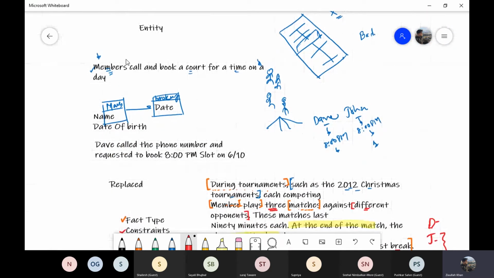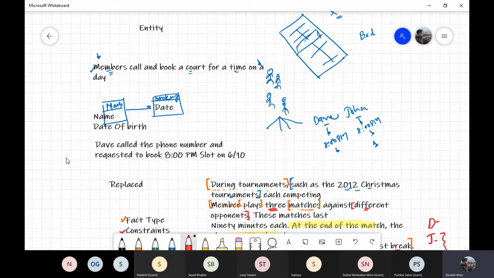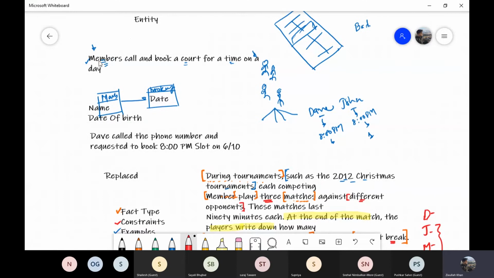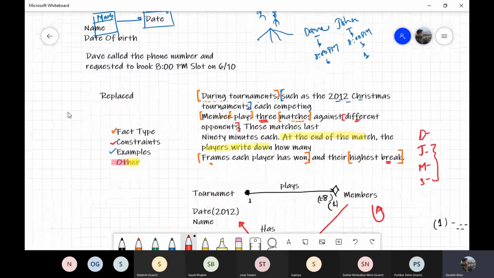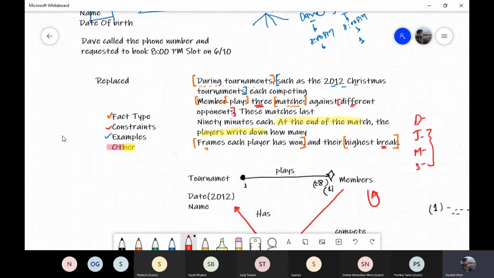We look for recurring words and repetition of such words, like members: a member is calling, a member is booking a court, a member is paying fees, renewing membership, things like that. That is going to definitely make it an entity. There are other techniques to identify entities as well, which I would encourage you to go and read. Generally, the statement that you're going to get